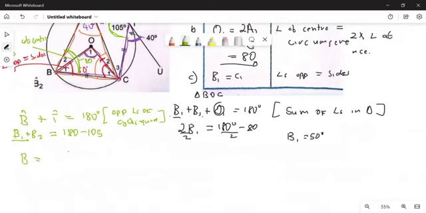So it means that B2 is going to be equal to 180 degrees minus 105 minus 50 degrees. And then if we subtract, what do we get for this one? 25 degrees. 25 degrees. Okay. Guys,